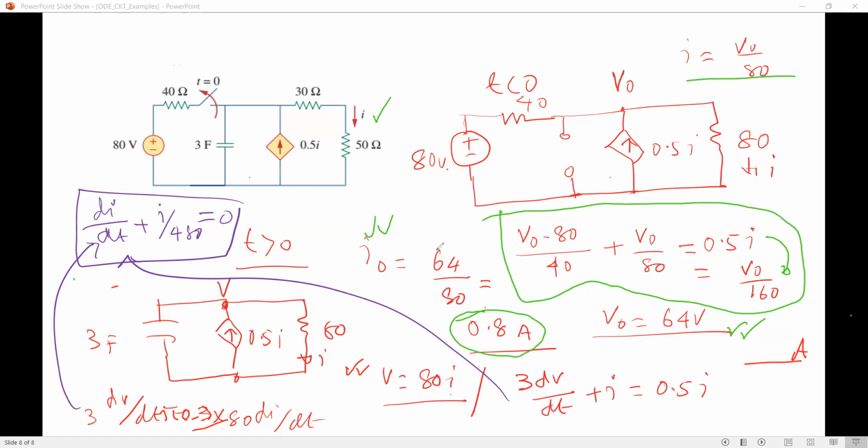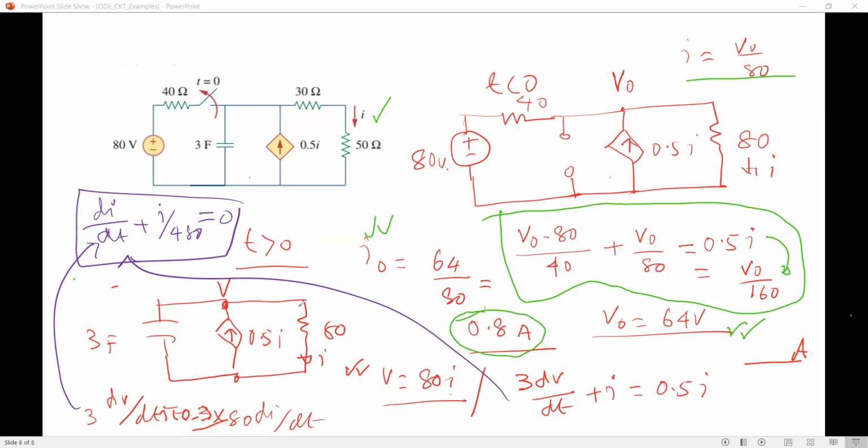Then you can easily apply your, we have to derive the differential equation. Two ways can be there. Either you can find the Thevenin equivalent or you can directly write, okay? I am directly writing. You see, if this node voltage is V,